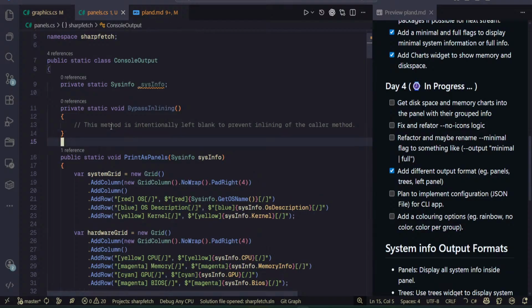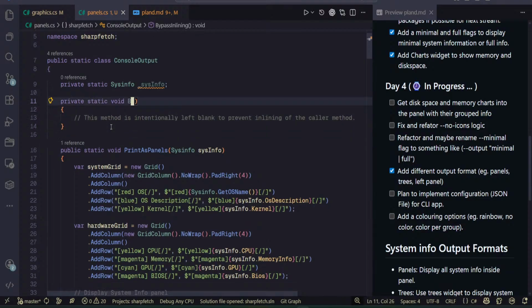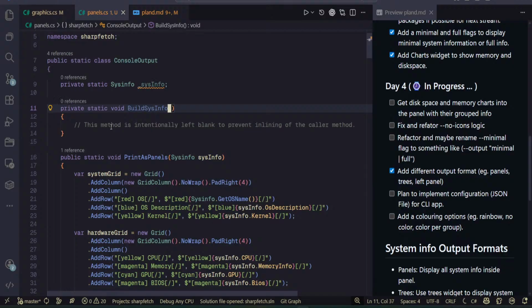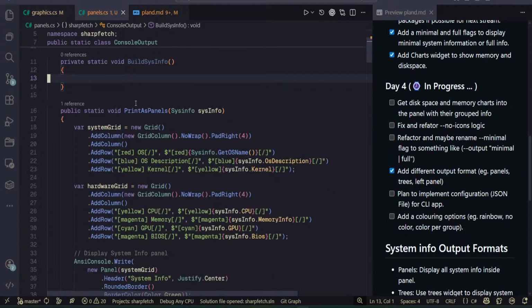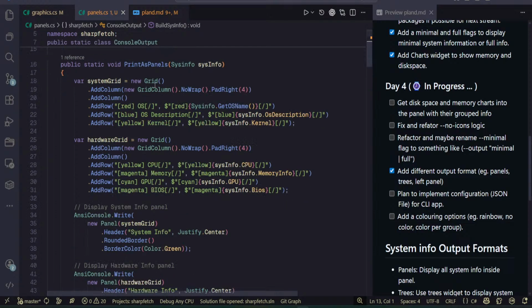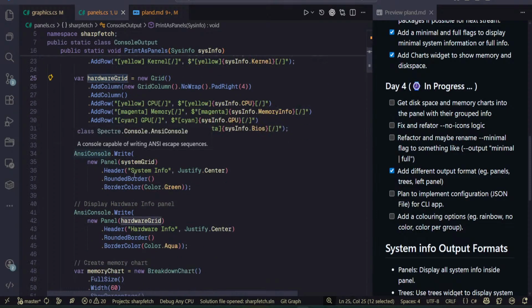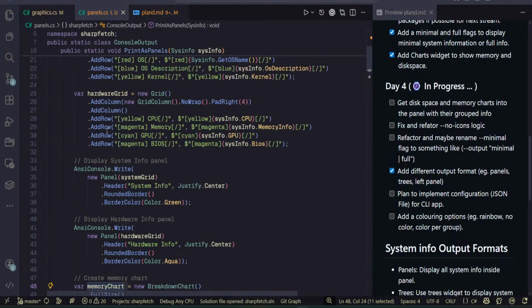So what this, no, bypass, no, build sys info. Okay, what we will actually do here is create a builder pattern method to take the sysinfo and, according to what the user needs or configures, build it. Maybe the user doesn't want the hardware, maybe he doesn't want the memory, maybe